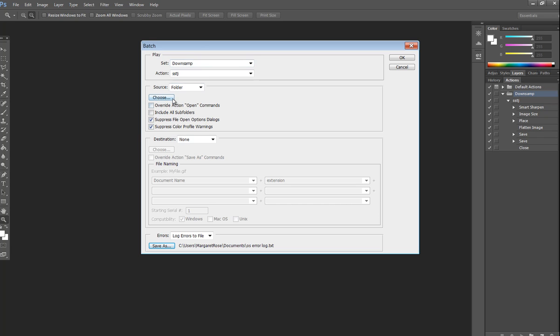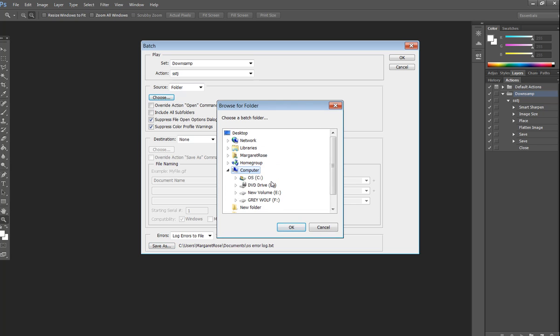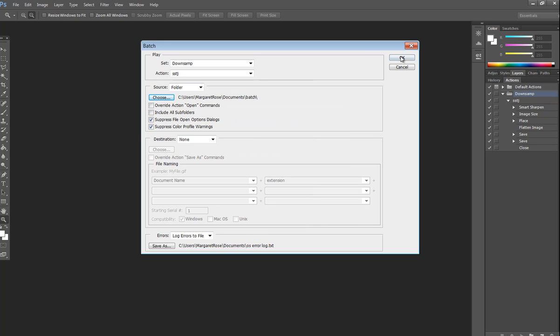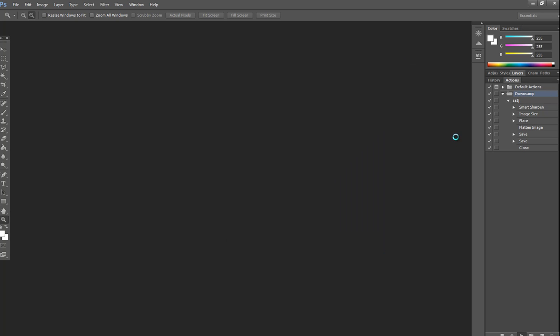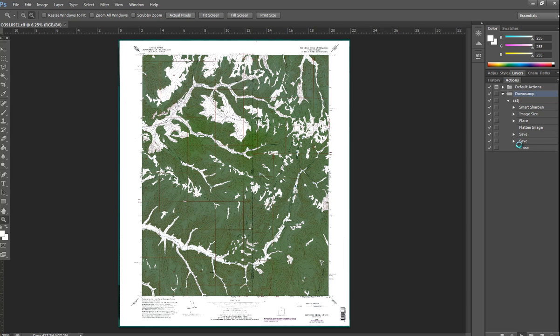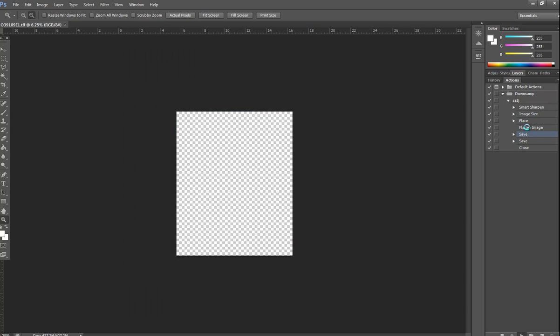So once you have your action and your Save As set, you want to make sure that you choose your source folder, and I'm going to go into Documents, and I have a folder set up called Batch, and I'm going to say OK on that. And then I will just hit OK and it'll run the action. And so we can watch in the side here as it goes through the files. It opens the file automatically, it sharpens it, downsamples it, save, close,